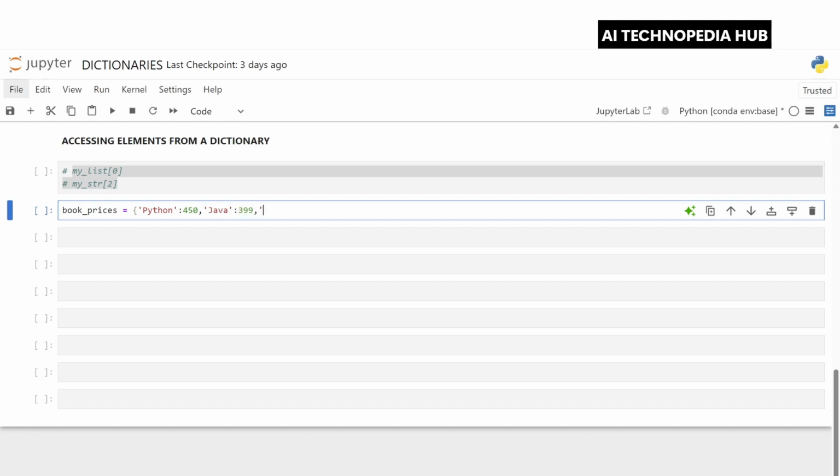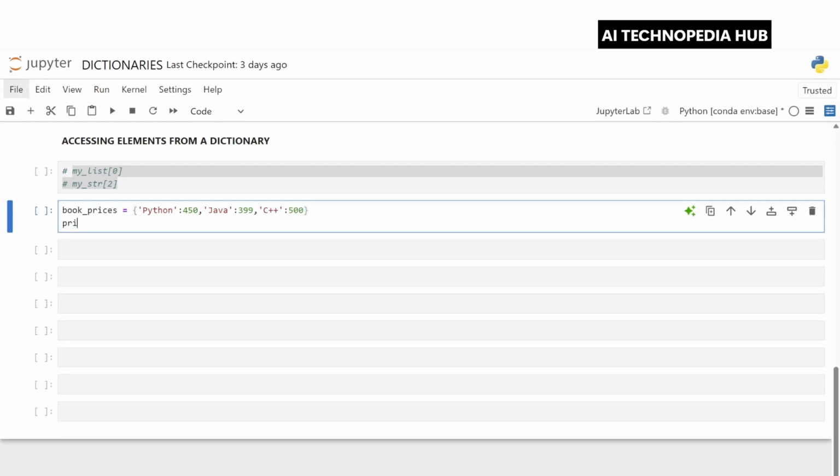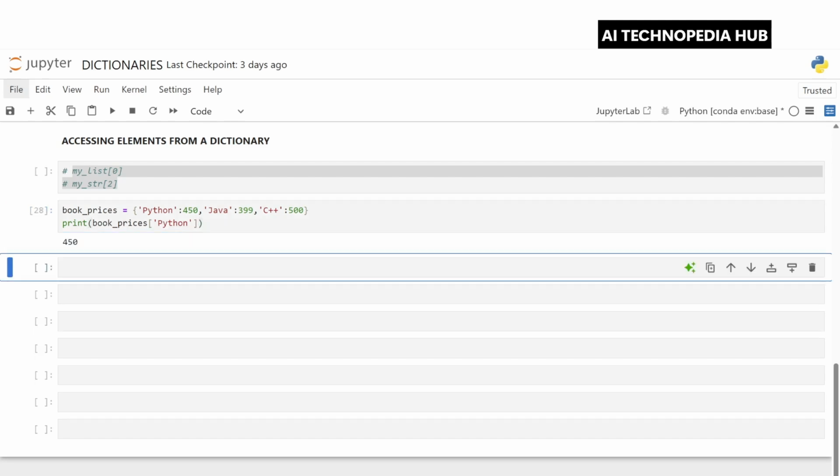Next, let's say we have C++ as the key and the value is 500. So now we print book_prices and we pass Python as the key. Let's see what value we get. We get 450.